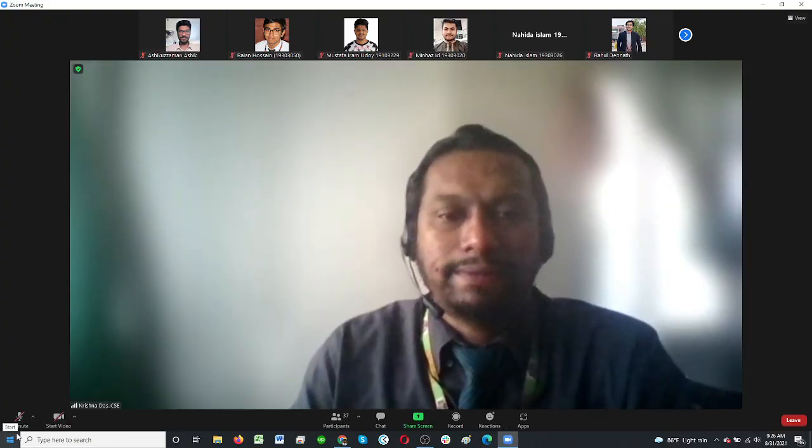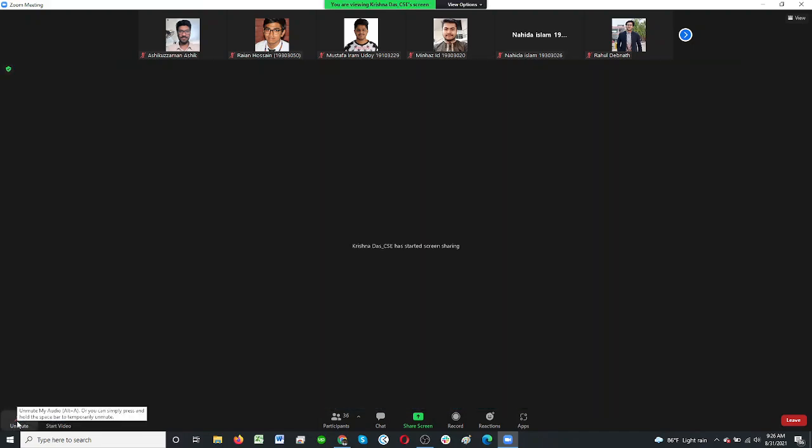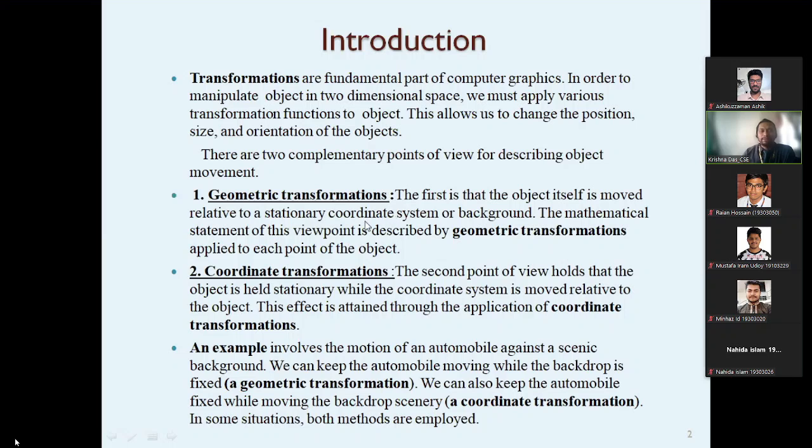If we go back to the slide, the same thing is said in our geometric and coordinate transformation. In geometric transformation, the object itself is moved relative to the stationary coordinate system, stationary as in static, or the background.